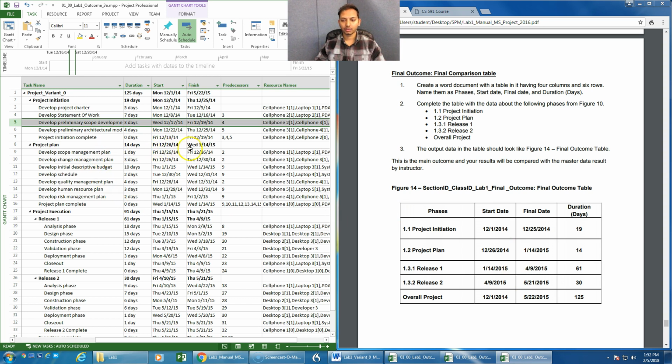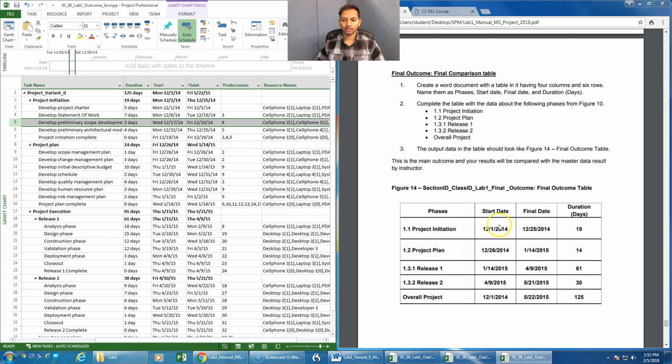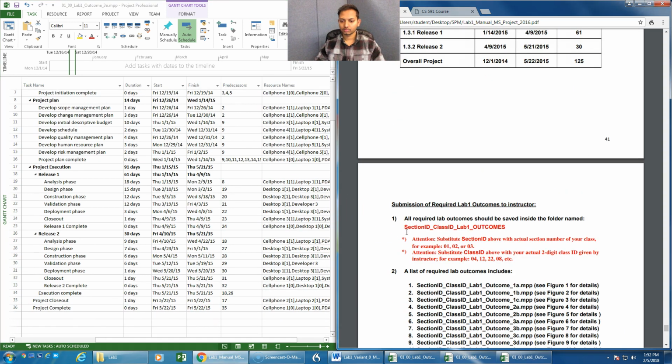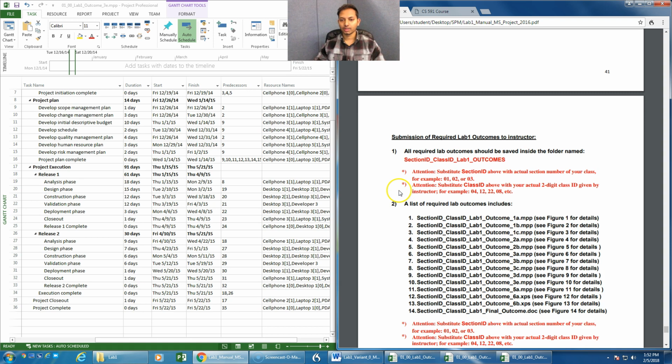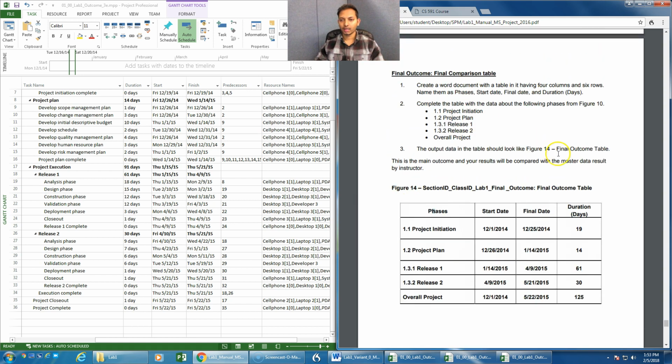So same goes for project plan, right? So make sure it is perfectly correct, otherwise you will be making a mistake and your lab 1 outcome wouldn't be correct. So once you're done with this, you need to save the outcomes. So your final comparison table would be in a doc file. You need to save this table and fill in everything,